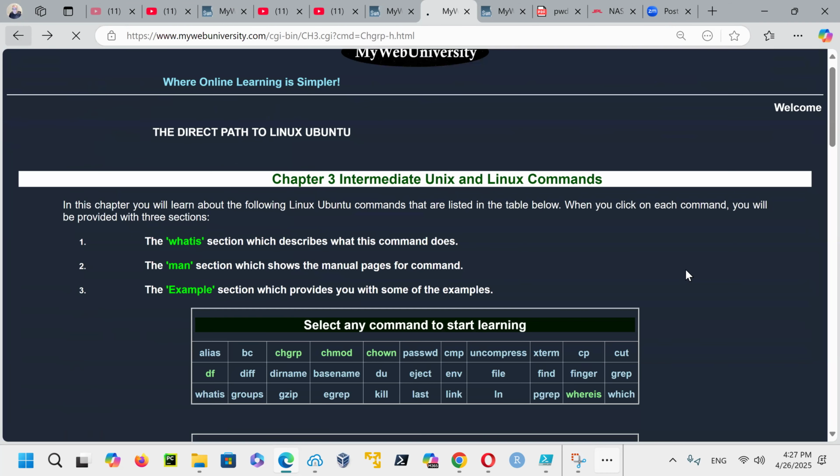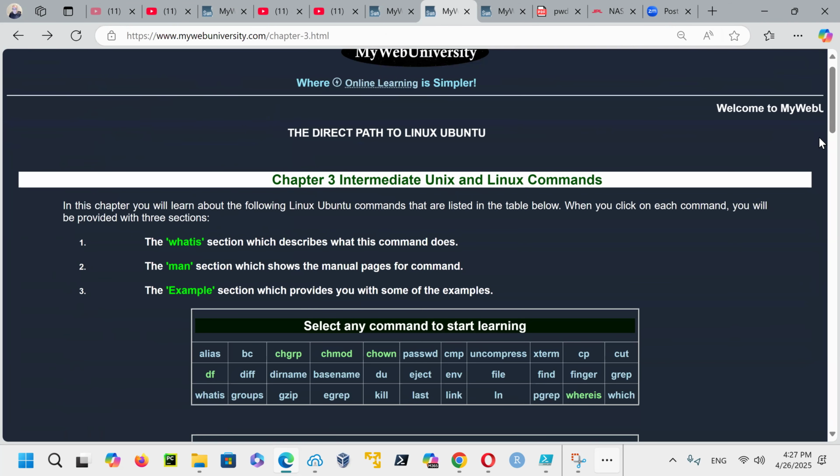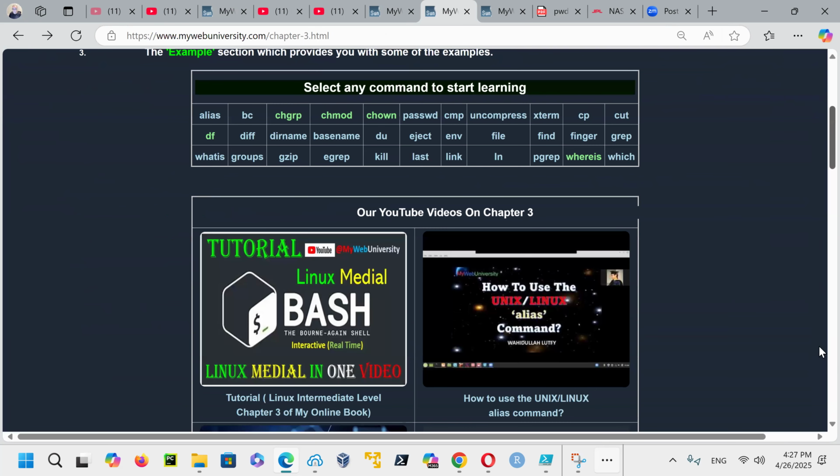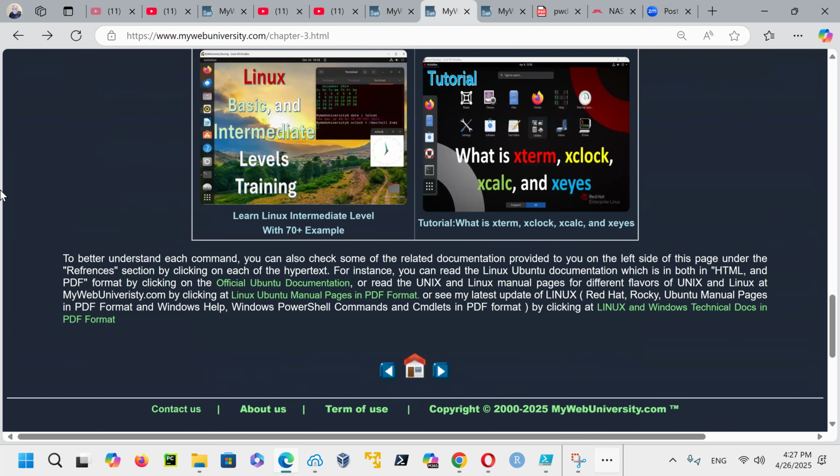And once you learn it, this one is chapter 3 for intermediate. Let's go to chapter 4 for advanced.